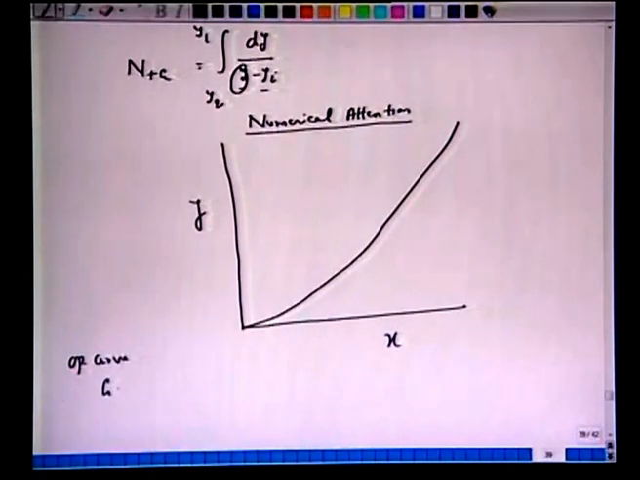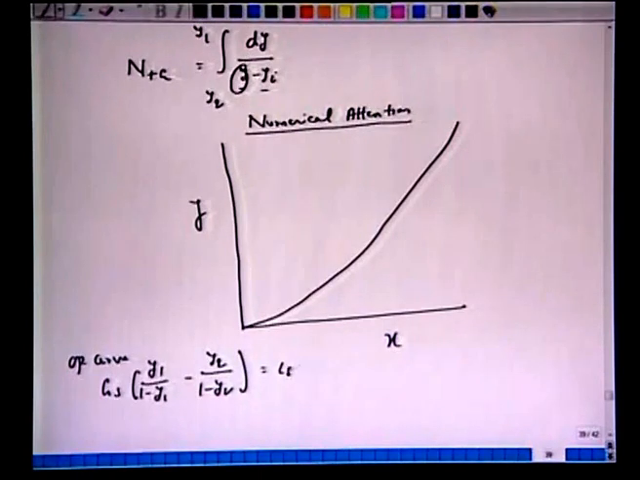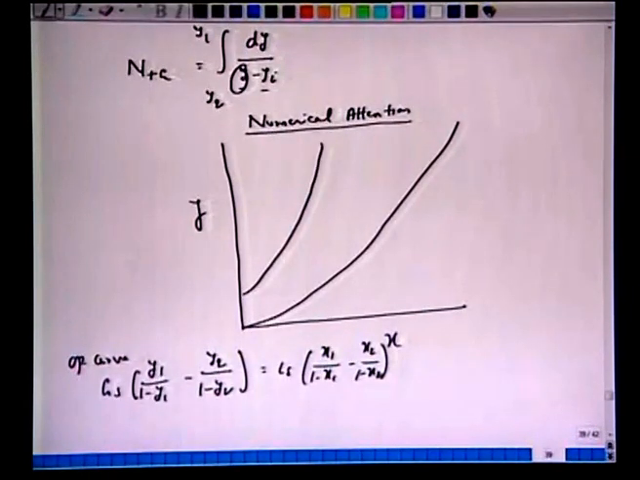Operating curve is GS capital Y1 minus capital 1 or small y1 over 1 minus y1 minus y2 over 1 minus y2 equals LS x1 1 minus x1 minus x2 over 1 minus x2. So, in general we can write, replace y1 y2 or x1 x2 with y and x. So, if you do this, you will see that equilibrium curve. Now, it will not be a straight line because we are working on a small y and a small x. So, this would be the equilibrium curve,